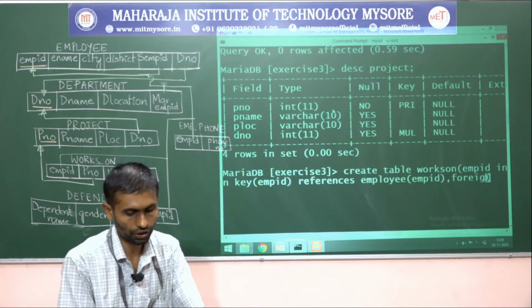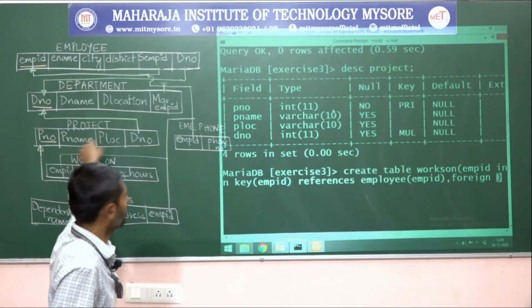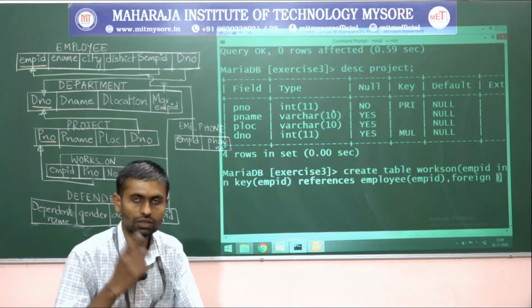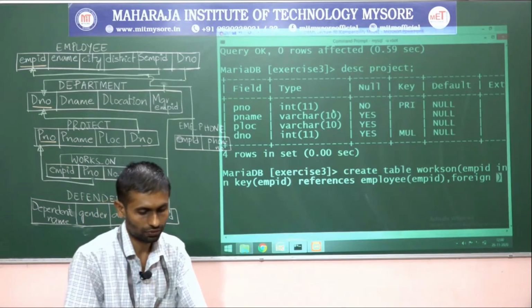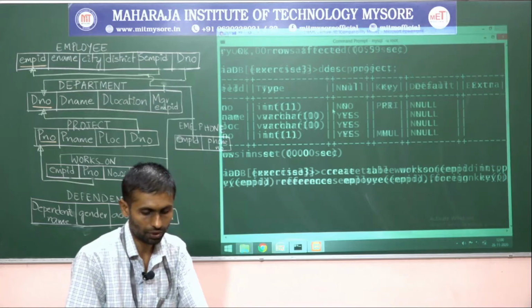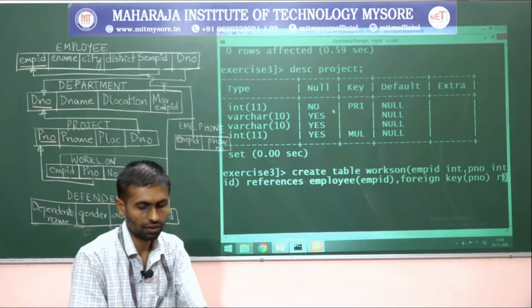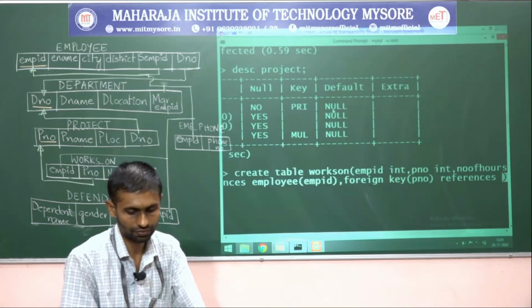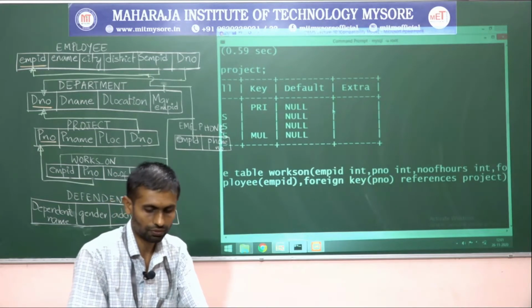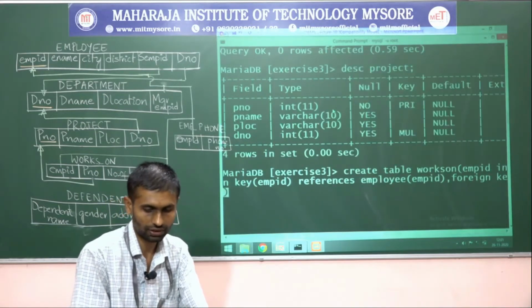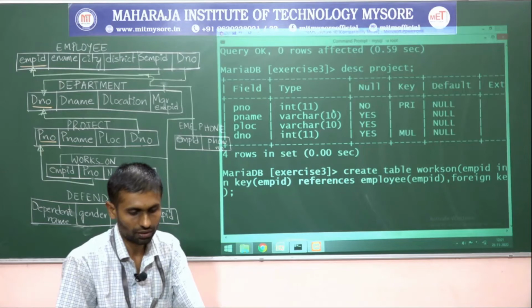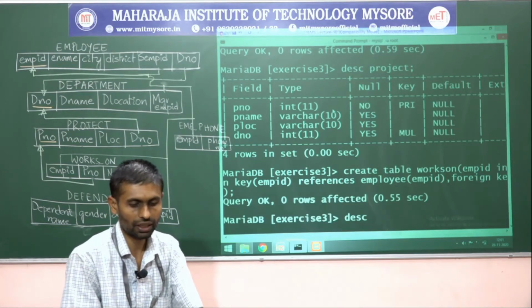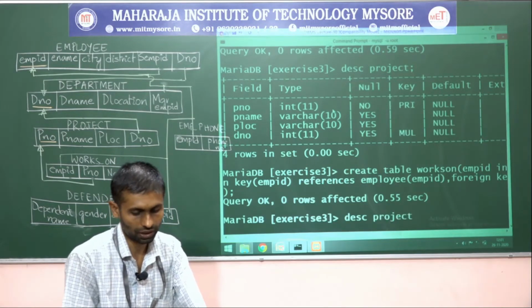Foreign key of one more attribute, that is project number, which is pointing to the project table. Foreign key of project number references project of project number. That's it. Enter. Yes, query OK. Let me describe the project table.